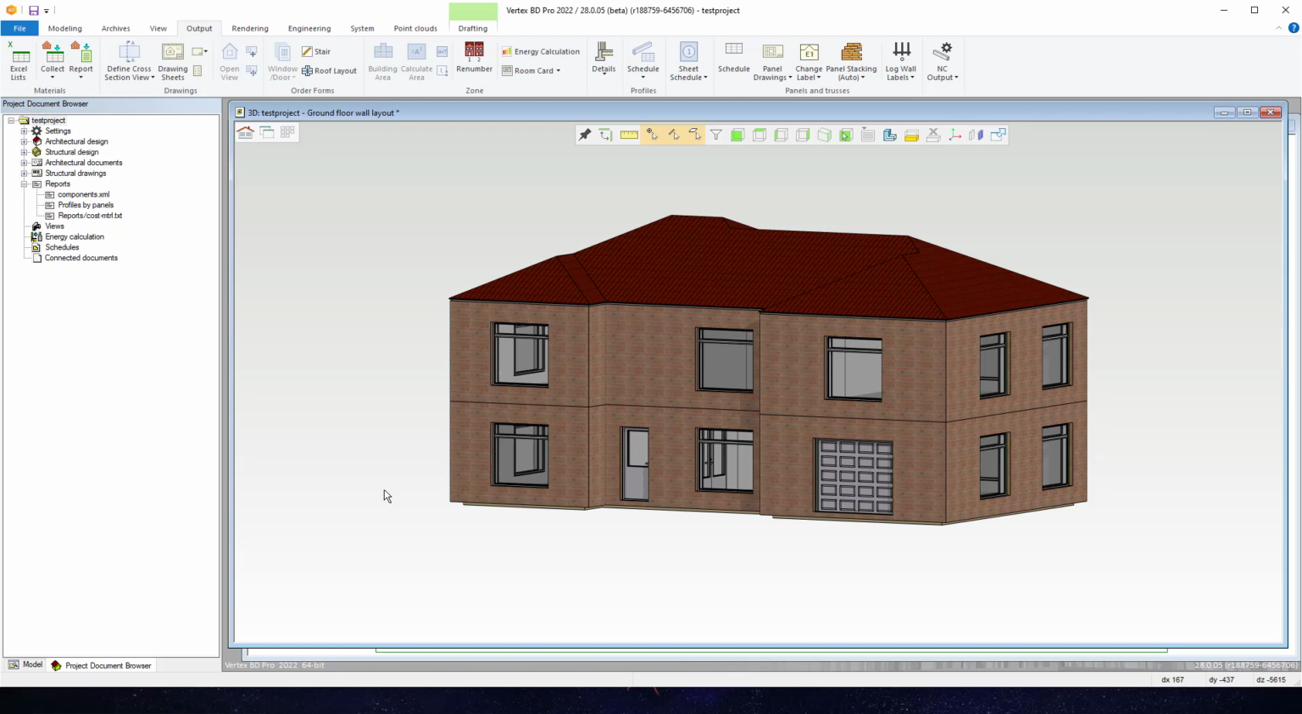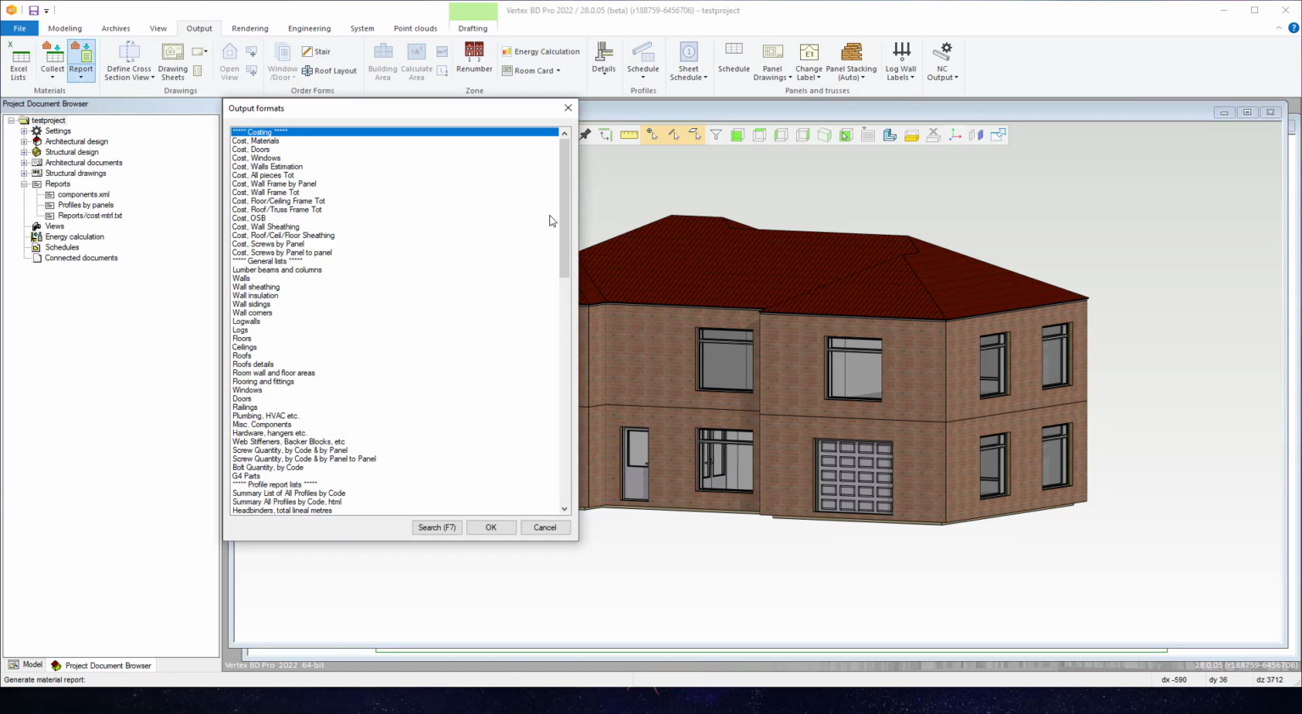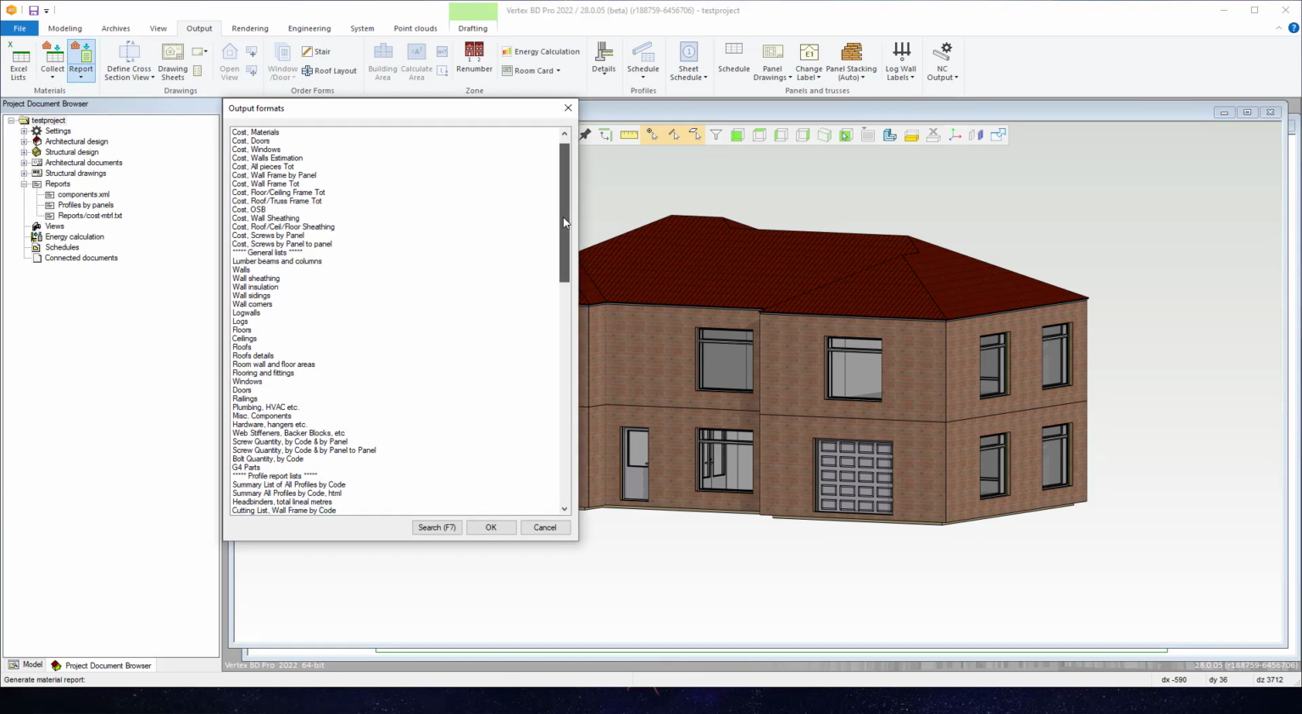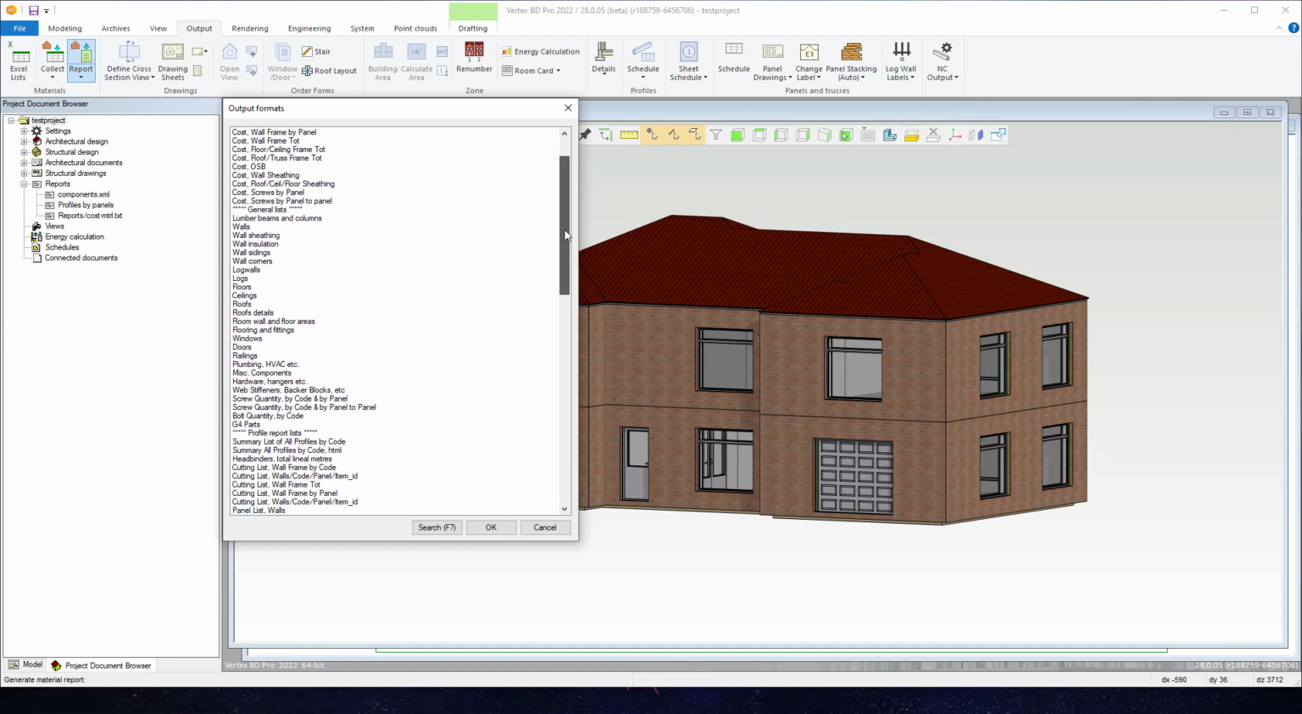Again, found in the Output tab, go to the Reports command. The Output Formats window will show with the available reports. Available reports will depend on the customization your software has had, as further custom reports can be developed and added